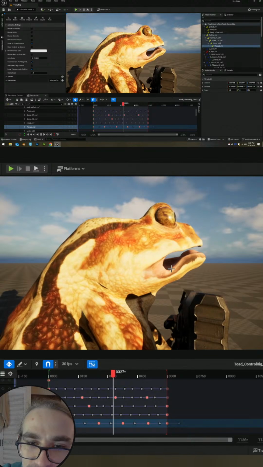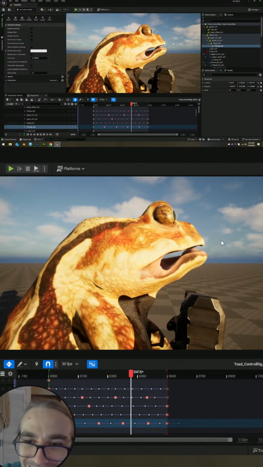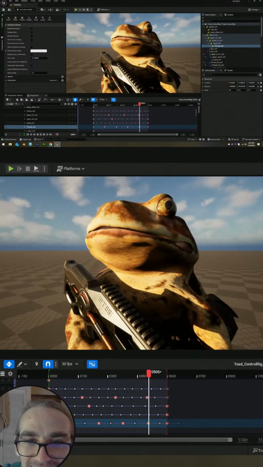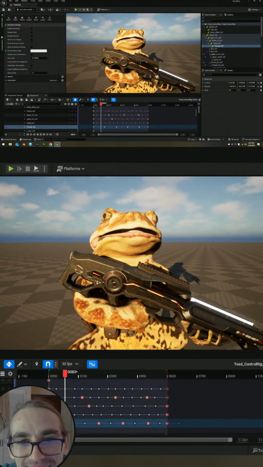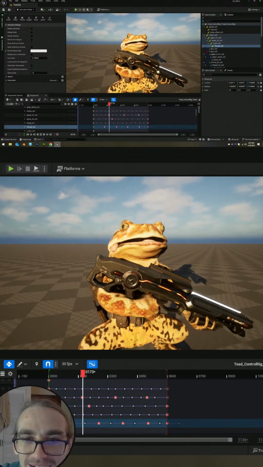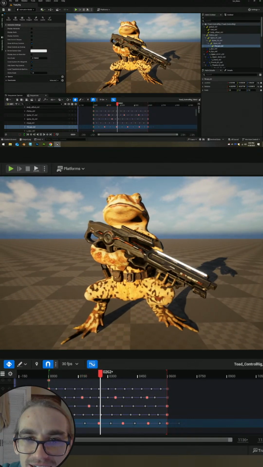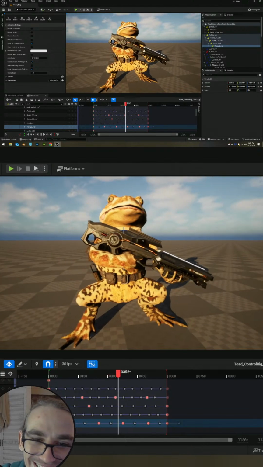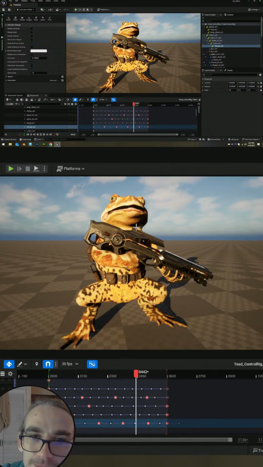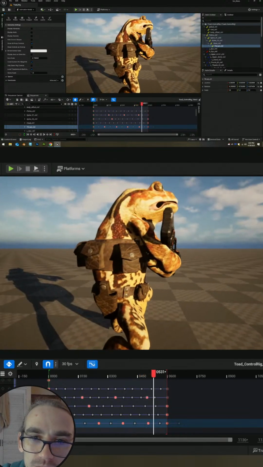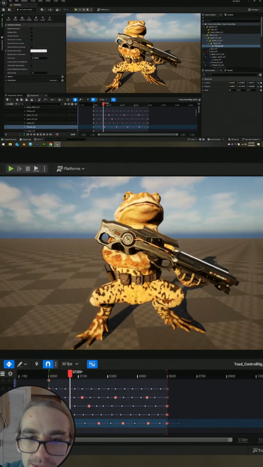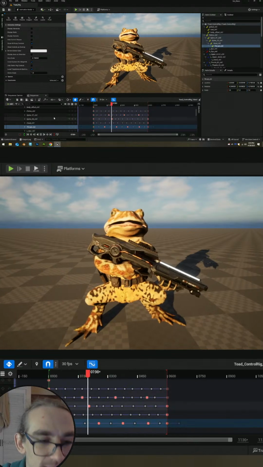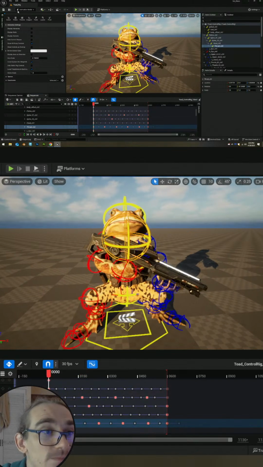We got this very, it cannot really close its mouth totally. Yeah, I don't have blinking yet, unfortunately, but nice. These bags are going to be parented, so they're gonna follow the body. Right now I just have them as a reference. And